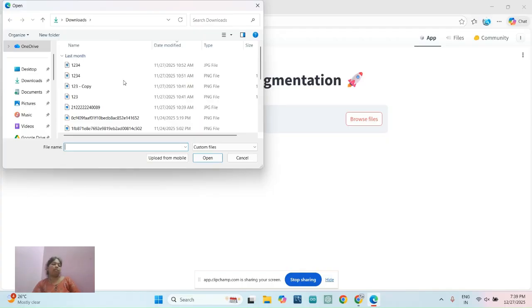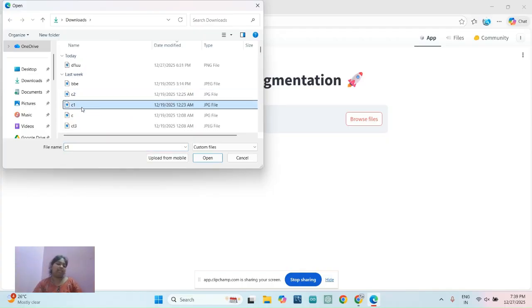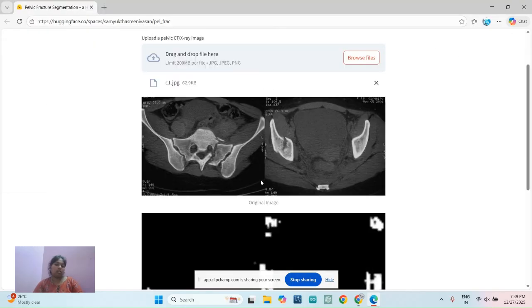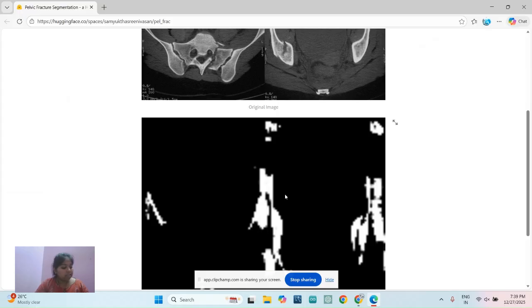The output for the image is the predicted mask. This mask highlights the fracture region in white while the background remains black.